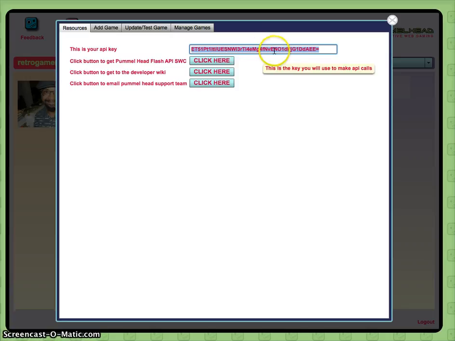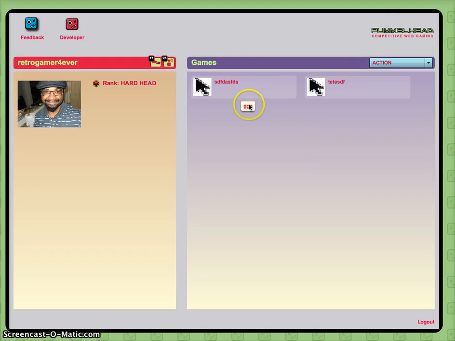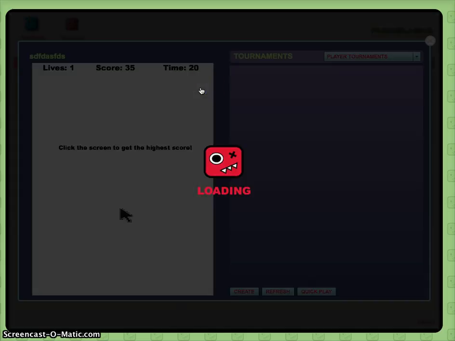Once you have done that, you will then be able to fully integrate the game into the website and start creating tournaments so people can play your game for the highest score and then win prizes and other really cool stuff. Now I'm just going to do a very quick walkthrough of the process of creating a tournament. So we'll just have some dummy games here. Click on a game,